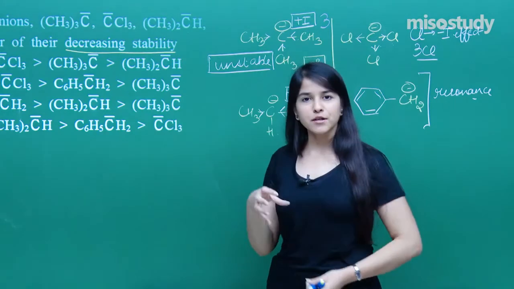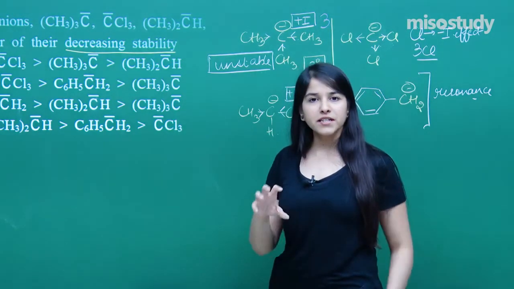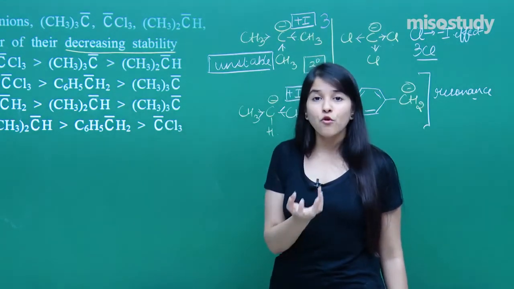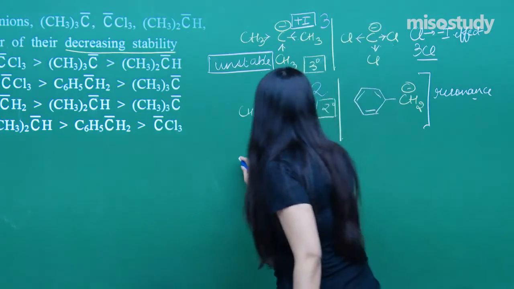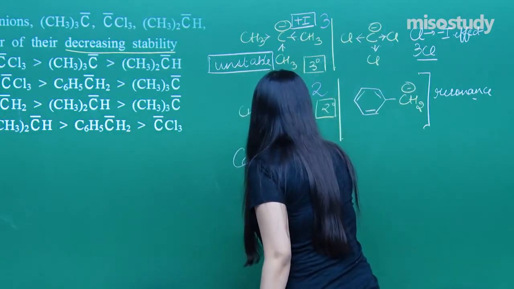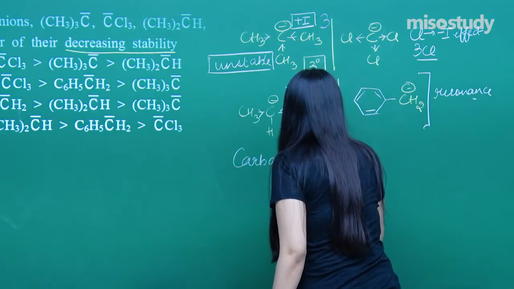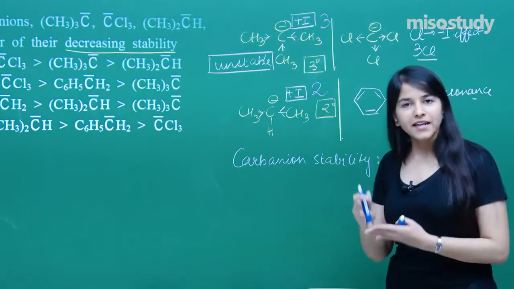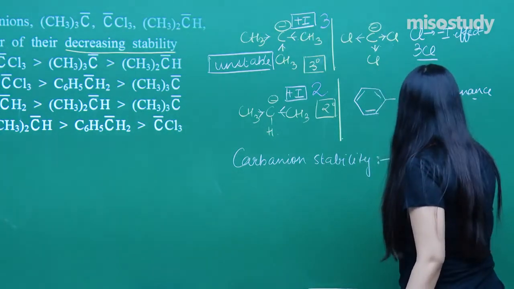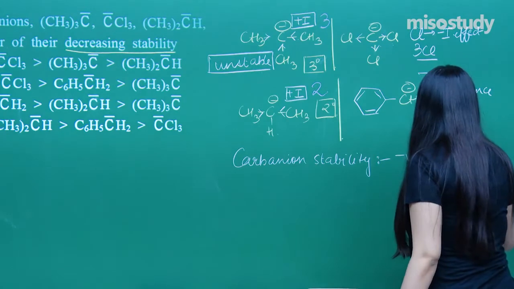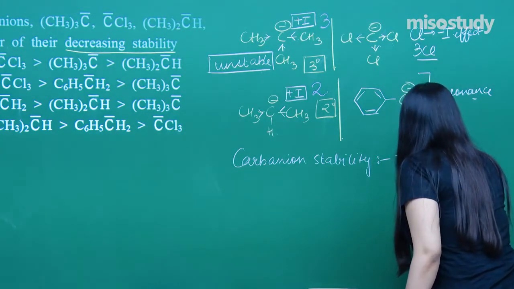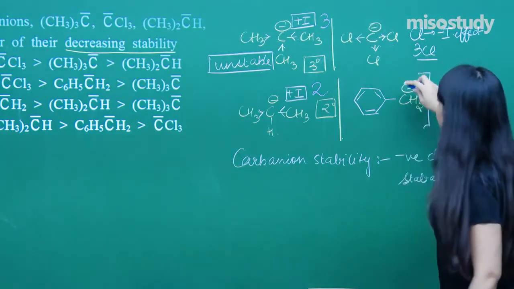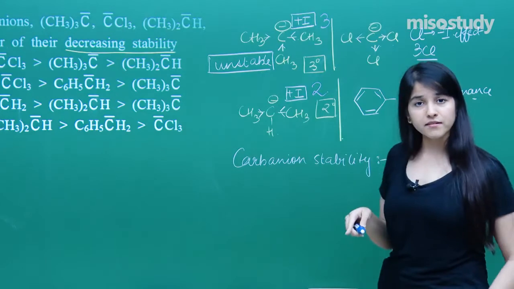Now I need to judge the stability. How to judge the carbanion stability? In which the negative charge is dispersed very well, or it is able to hold the negative charge. So basically, the one having the negative charge stabilization. So negative charge stabilization is the answer. So you must be thinking that the one having the resonance stabilization over here is the answer, but it is